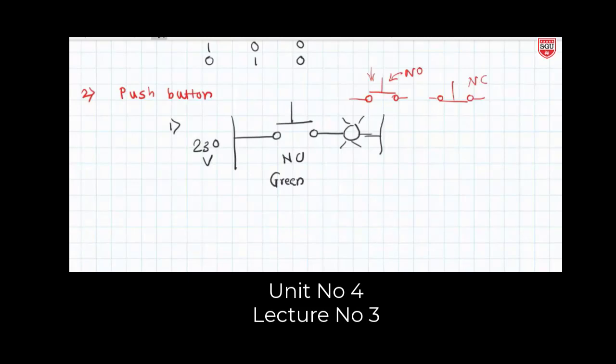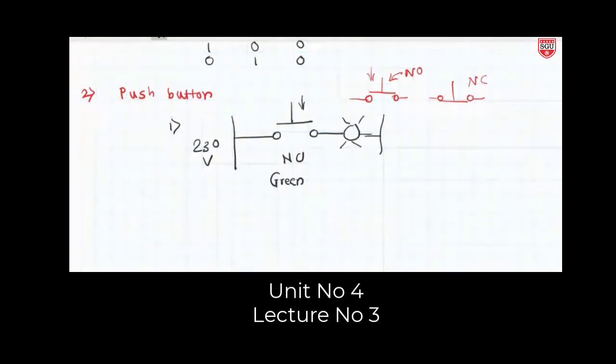button. When I press the push button, always remember this push button is spring loaded. When we give the push, it will touch the contacts, and when we remove the pressure on that push button, it will release the contact and the bulb will go off. It means that to keep the output on, we have to keep pressing the push button. Once you release the pressure, the bulb will get off.